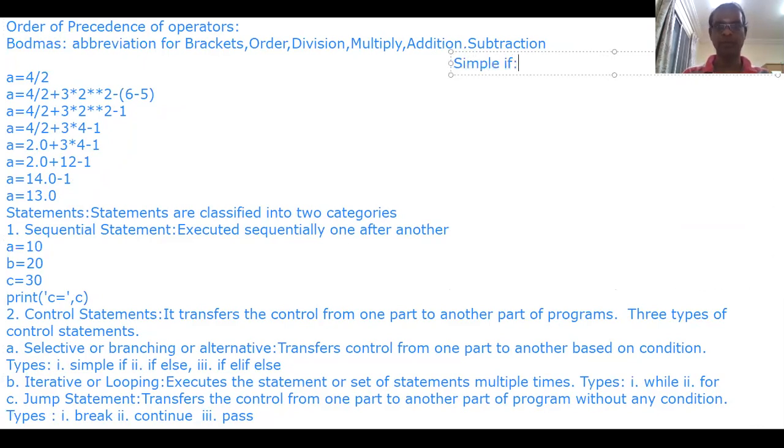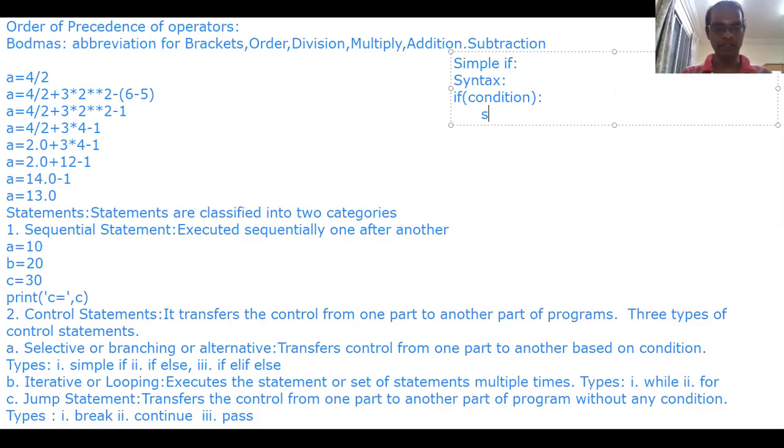Simple if. Syntax is: if, there will be one condition, again colon. After that, we need to press tab.